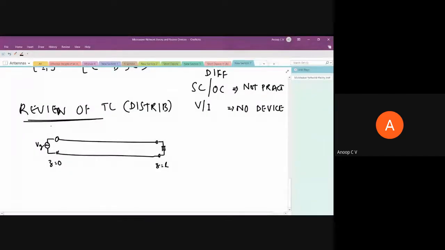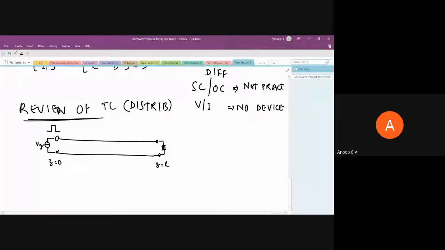Because a simple way to explain that is, if I give a pulse at this end of the transmission line, the transmission line is very long compared to the wavelength. For example, our overhead electric distribution cable is a typical example of a transmission line, even though the frequency used there is very low. As the length spans thousands of kilometers, we can use distributed network theory for that. But that is not our case of interest.